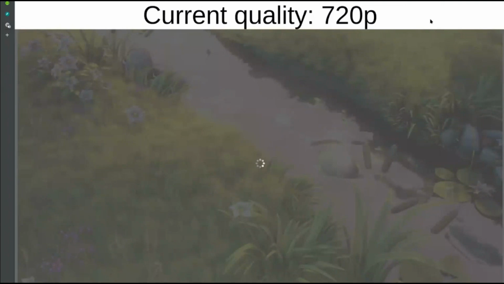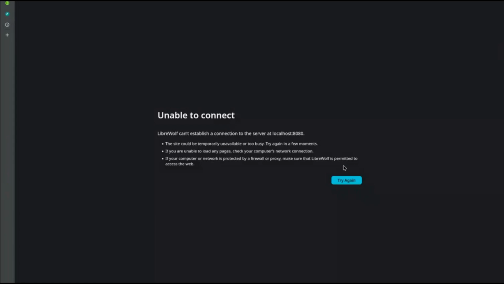It doesn't seem to work. Let me just reload the page. No, okay, it was my mistake. I forgot to proxy to our client VM. That's why it wasn't working. So now I've set up an SSH proxy. We have access to the video.